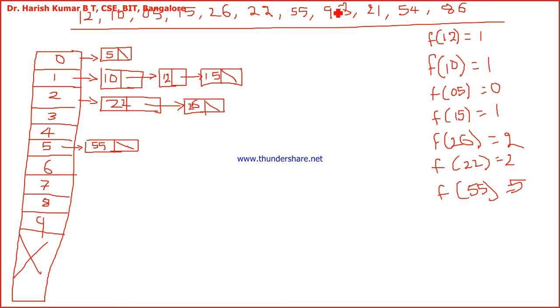And next what we have is 98. F of 98 is equal to 9. Now it gets inserted here: 98 and this is null. And then f of 21